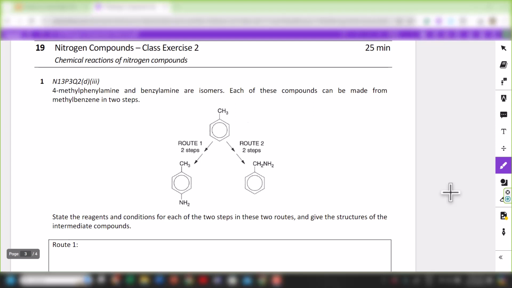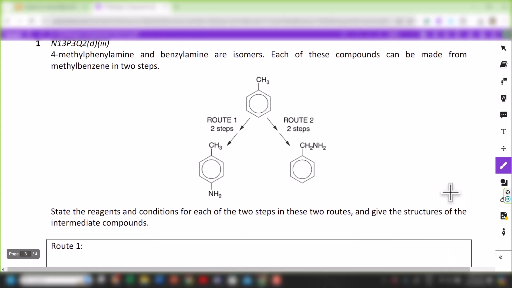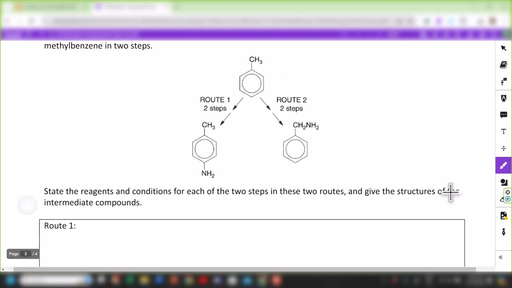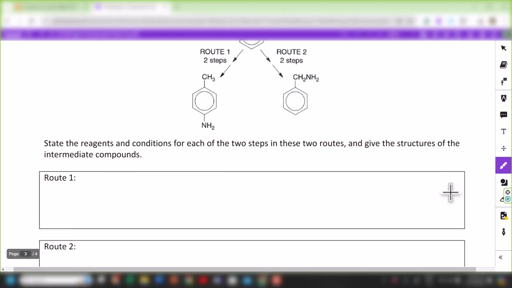Hello students, we are going to review nitrogen compounds class exercise 2, and through this class exercise you are going to see how this topic links up some of the contents in the previous topics. Okay, so for the first question, you were told that 4-methylphenolamine and benzoylamine are two isomers, and each of these compounds can be made from methylbenzene in two steps. So you are supposed to suggest the reagents and conditions for each of the two steps and give the structure